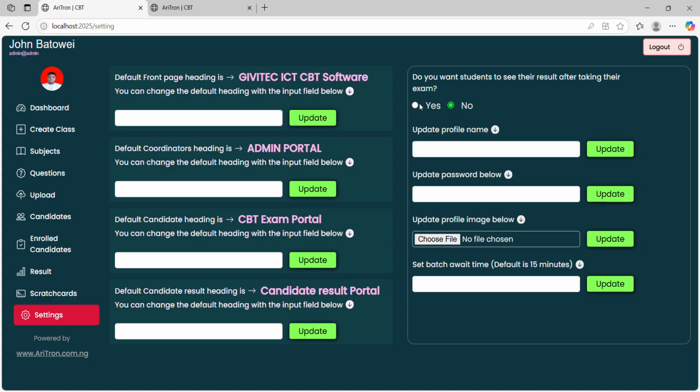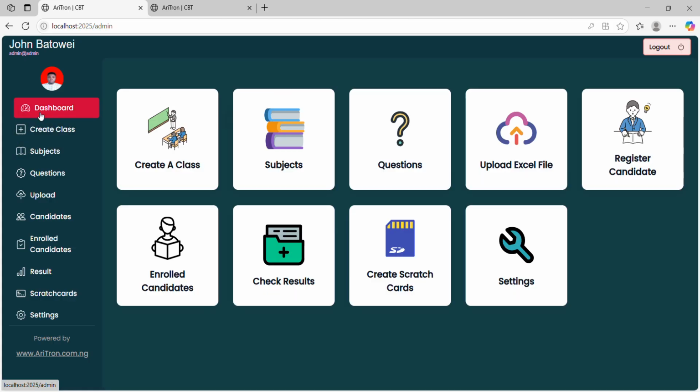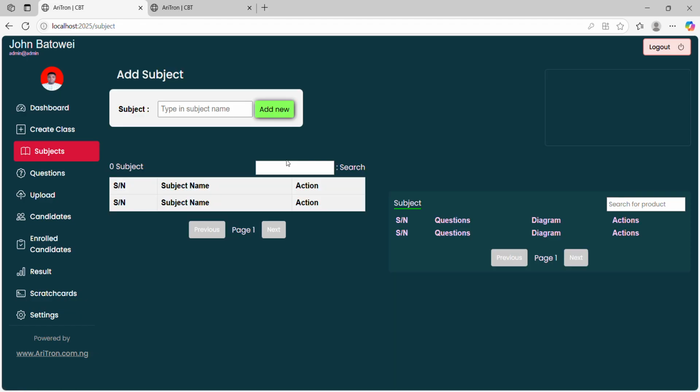So by default, it is no. But if you want, you can say yes. So that's how that feature works. So if we come back to our dashboard, the first thing for us to do is to create subjects,